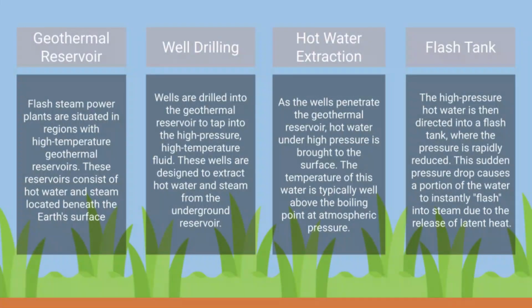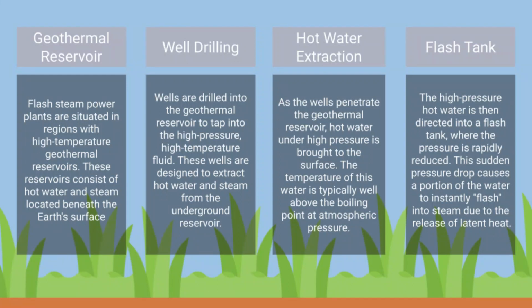Here there are a lot of similarities to the dry steam power plants, but we have a little bit of difference, which is the flash tank. Here, the high pressure hot water is directed into the flash tank where the pressure is rapidly reduced. This sudden pressure drop causes a portion of the water to instantly flash into steam due to the release